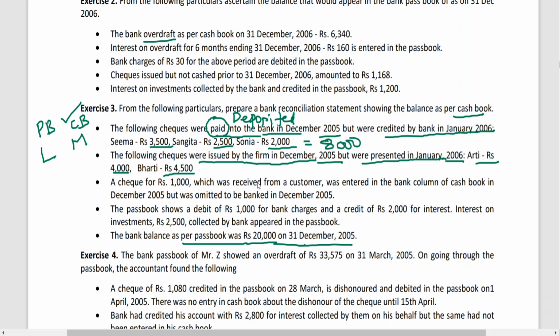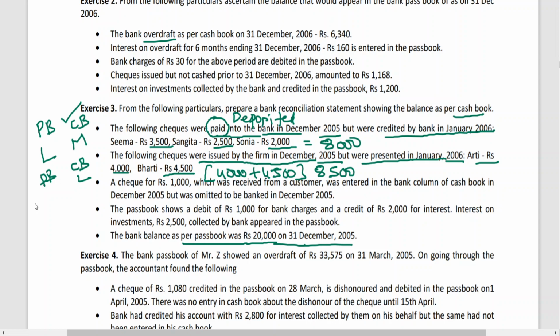The checks were issued to suppliers like Aarti 4000, Bharti 4500. So 4000 plus 4500 comes to 8500. The following checks were issued by the firm. Means the moment the check has been issued, the entry is there in which book? Cash book. When a check is issued it means payment, so the payment entry is there in the cash book. So the cash book is less. In the passbook the payment entry is not there,